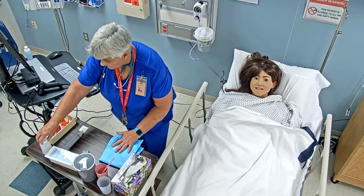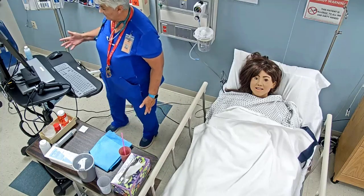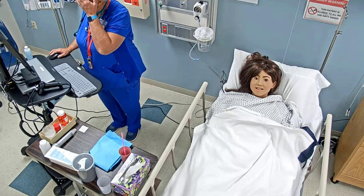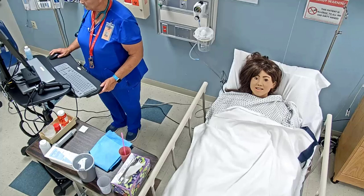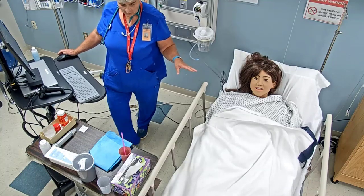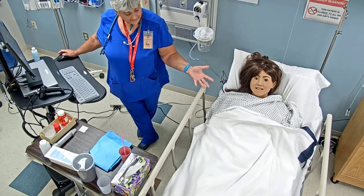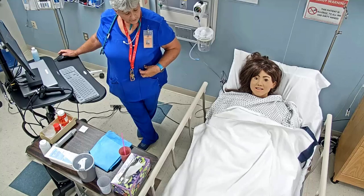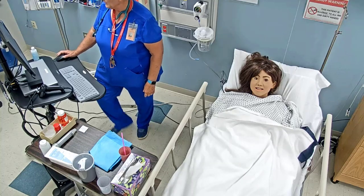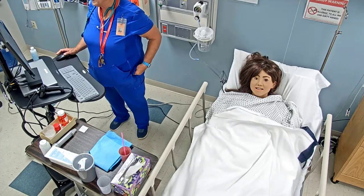I'll take this with me. This stuff is going to stay in the room with you. You have your water if you need it, if we're not NPO, which I didn't see that you were NPO with that. Okay, so if we found anything that was unusual or abnormal, we would let the doctor know, specifically if your vital signs, if it was clogged and we weren't able to get it unclogged. There's a policy to get that unclogged, but we didn't have any problems with that, so we would notify and document if we had any problems,